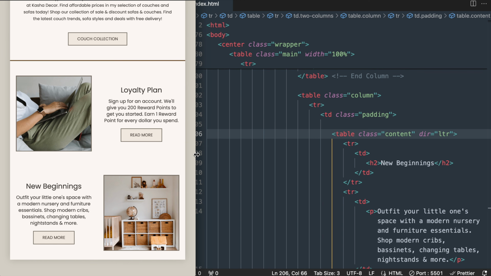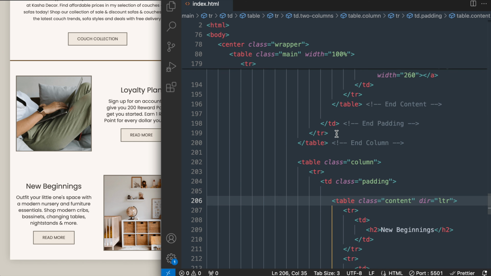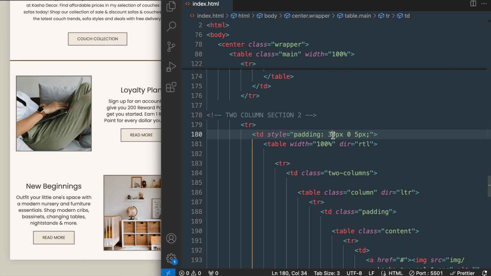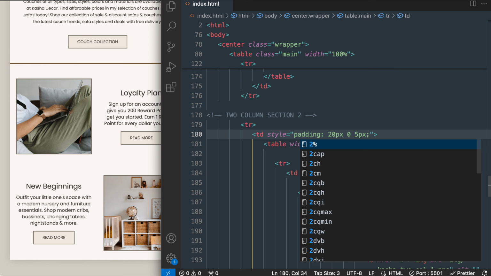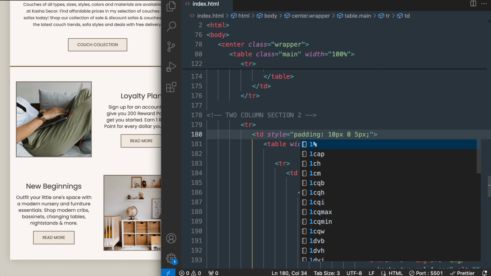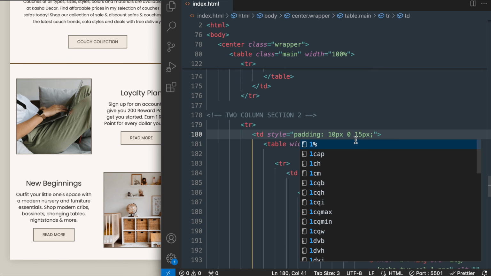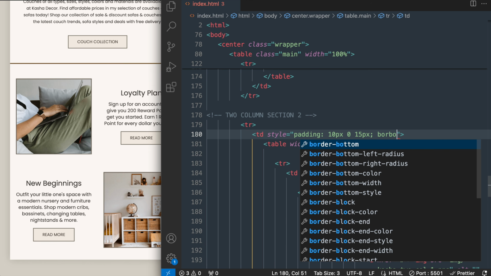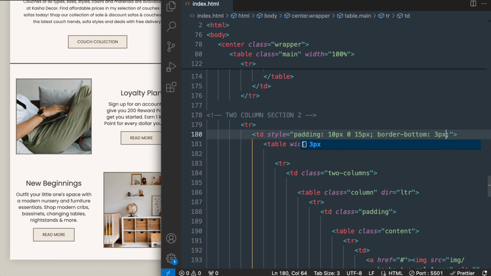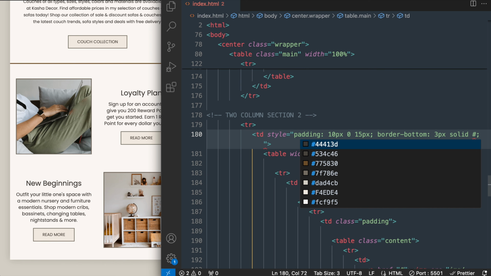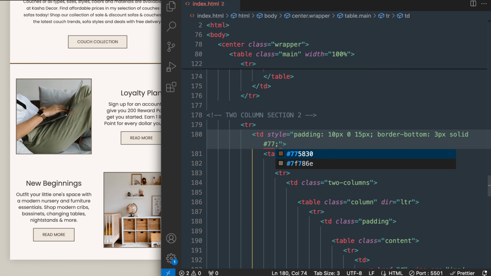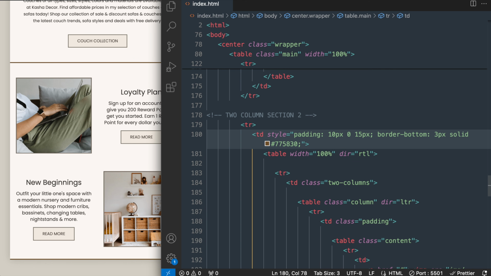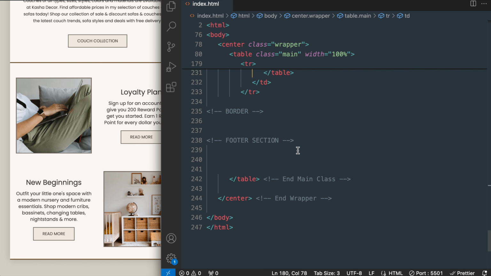So I'm going to actually reduce the padding a little bit more between the columns. So for the second one, let's reduce the padding on top to 10 pixels. Then I'll add a little more padding on the bottom with 15 pixels. And the original also has a border on the bottom of this section. So we'll add border bottom 3 pixels solid with the hex value 775830. So similar to the previous HTML comment added for a border, I'm going to remove the second one before